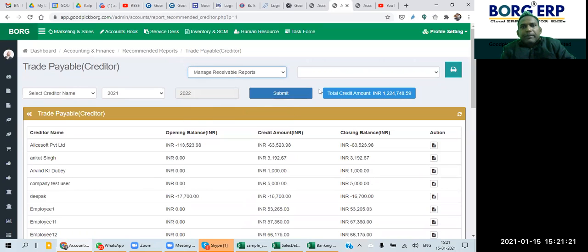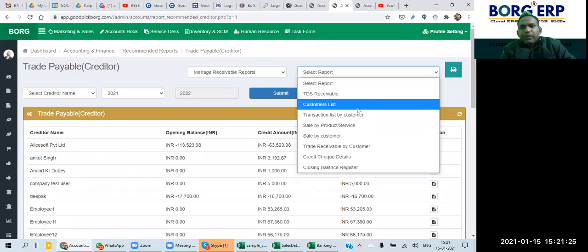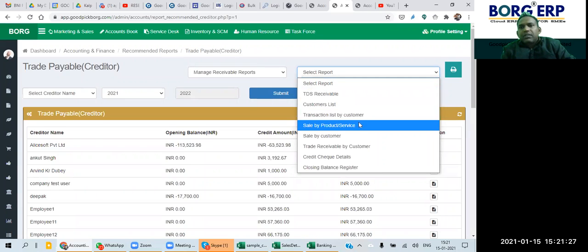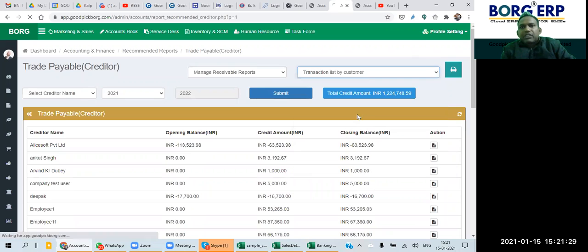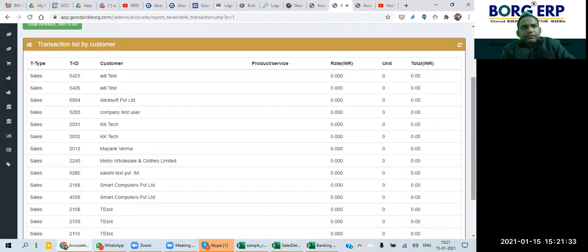Managed receivable means reports belonging to a customer. So you can see TDS receivable, customer list, transaction list by customer. This is very important: what is the collection amount from the customer? You can see from here. Sales, TDS is this, customer list is this. How much amount we have